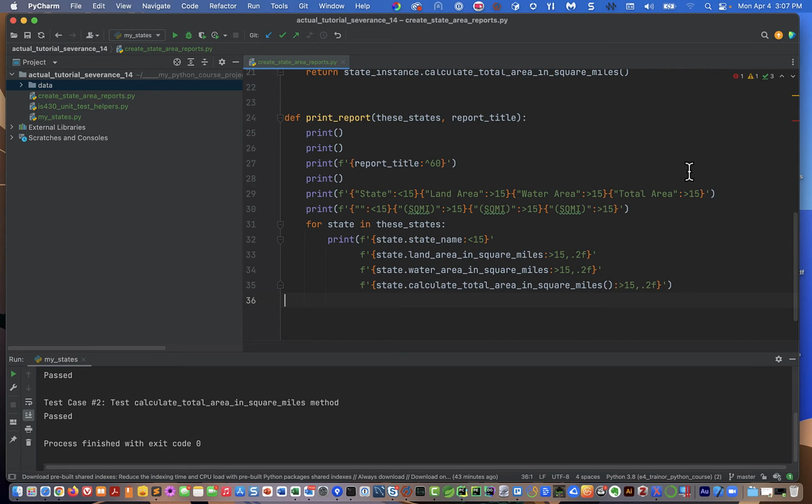And what's going on here is, we're getting in the list of states, and we're getting in the title, and we print the report titled centered, and each of the columns is 15 spaces wide. The state is justified left, the land area, the water area, and the total area justified right. There are 2 lines of column headings, and then we go around and do, for a state in these states,